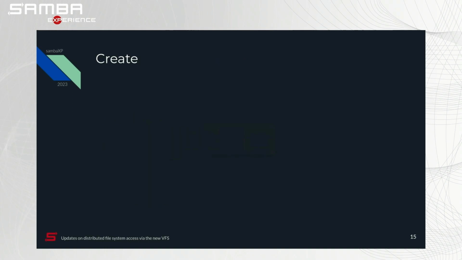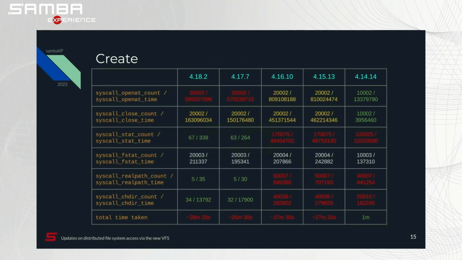So here is the create statistics. From left to right you will see the different versions, and from top to bottom there are various metrics like the openat count and also the total time taken. Similarly for close, stat, fstat, real path, chdir, and also the total time taken. And you will see 3 different colored numbers all throughout the table. So I would like to start from right to left basically. If you see in version 4.14.14, which is the latest from 4.14 branch, the open count is around 10,000,